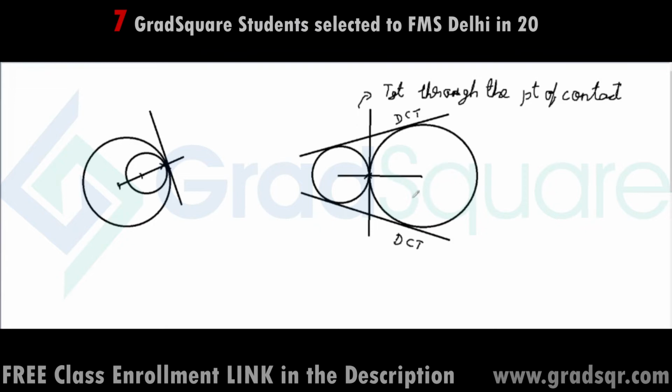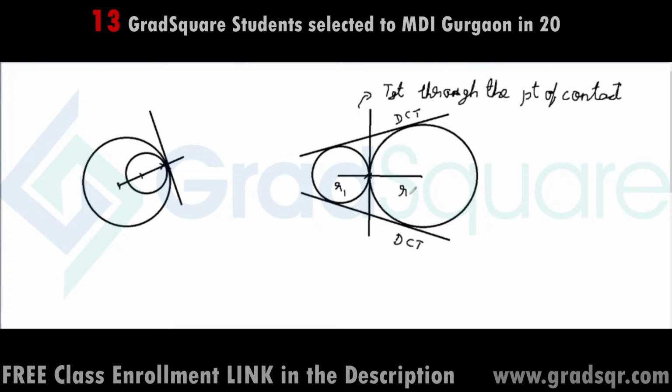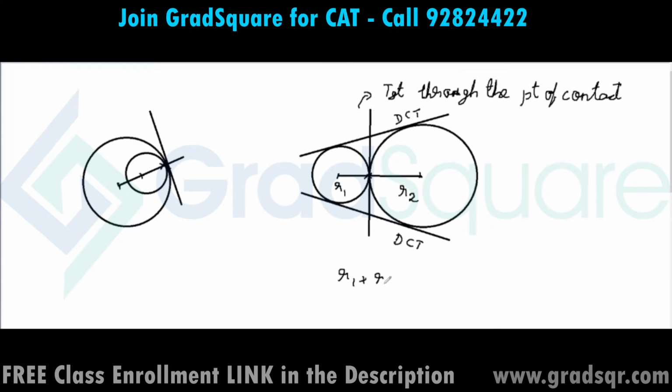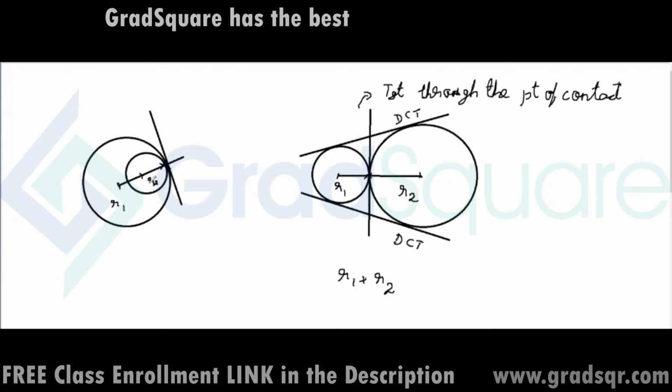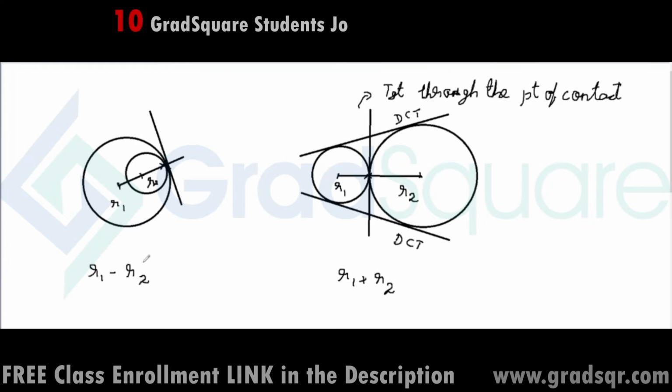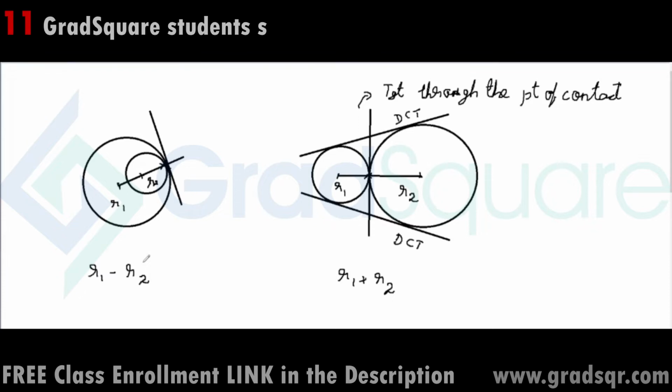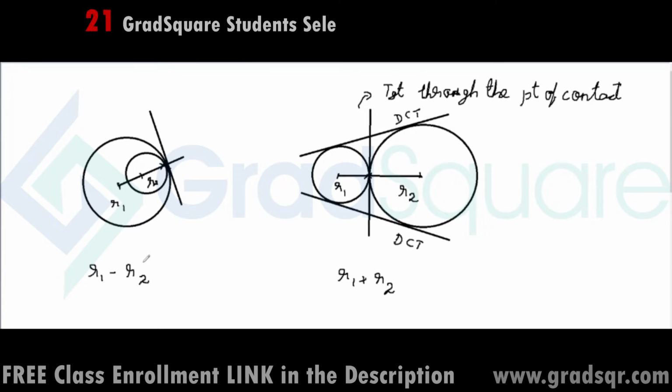Now, if I take this case of the two circles touching each other at a point externally, and if I consider the circle on the left's radius as R1, the circle on the right's radius as R2, then the distance between the centers of these two circles is simply R1 plus R2. Similarly, in this case, if I take the radius of the bigger circle as R1 and the smaller circle as R2, then the distance between the centers of these two circles is R1 minus R2. So this is one thing to remember: whenever two circles are touching each other at a point on a plane, then the distance between the centers will either be equal to the sum of the radii or the difference between the radii, depending upon whether they are touching each other externally or internally. So this is the second way in which two circles on a plane can interact with each other.